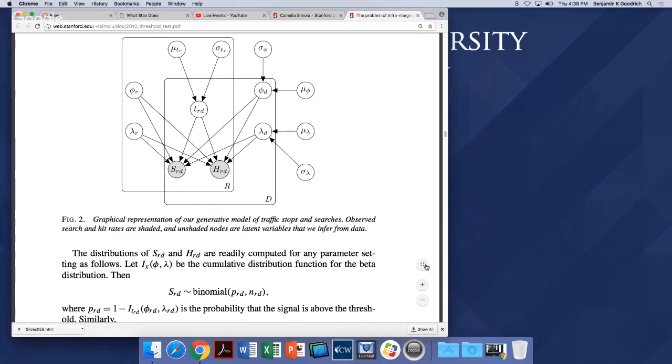So there were some weird choices, maybe a little ambiguity as to what race specific means. But for the most part, this paper and other papers that